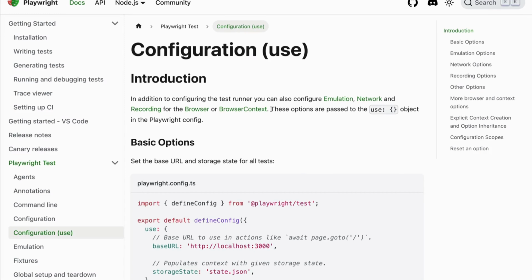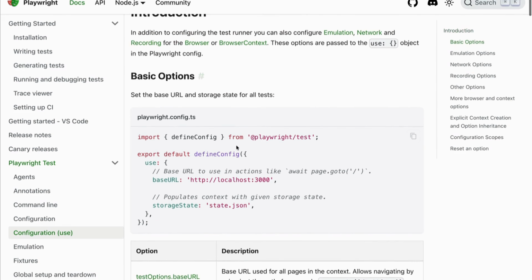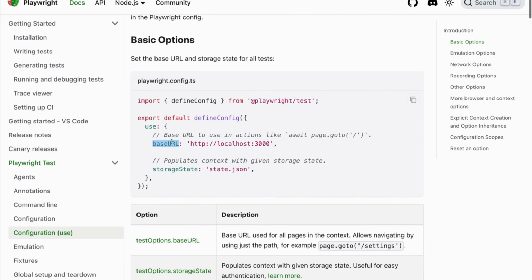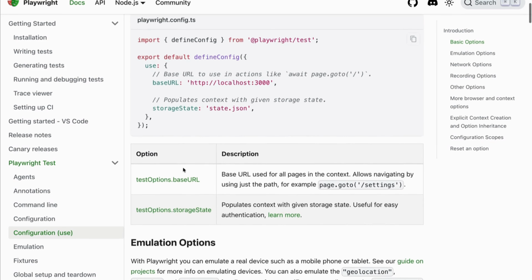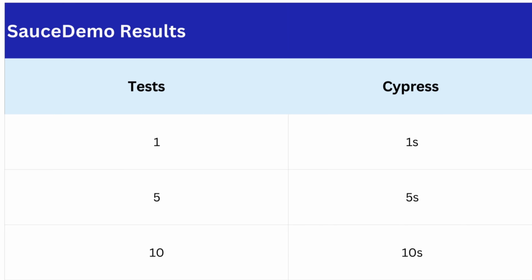Here's why Playwright pulls ahead. It logs in once, saves the browser state, and every test reuses it. Cypress doesn't natively do this. Hence, the cost keeps on compounding with the increase in test suite. This is not just a micro optimization, it's a structural difference. That's why the total suite time scales more efficiently with Playwright.